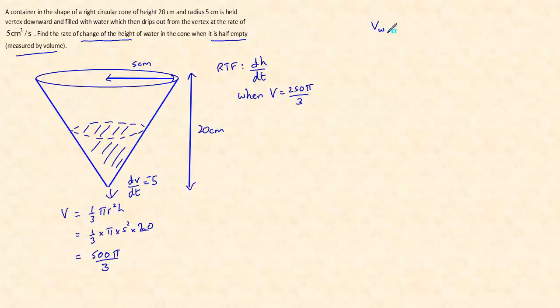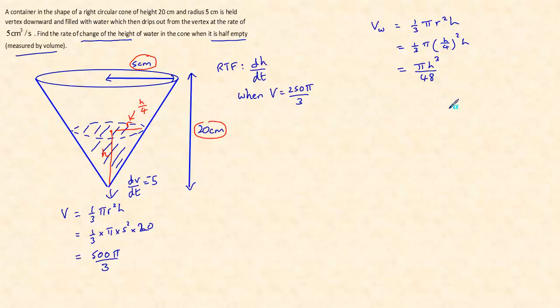So let's think about the volume of water in general. Now, if we say that the height of the water here is h, the radius is r, and the volume would then be 1/3 pi r squared h. But look at the proportions. R is 1/4 of the height. So this r here, we could say that's h over 4, because these proportions will stay the same all the way down. As I mentioned before, these shapes are all going to be similar. So that's going to be 1/3 pi (h over 4) squared h. 4 squared is 16, times 3 is 48. So that's going to be pi h cubed